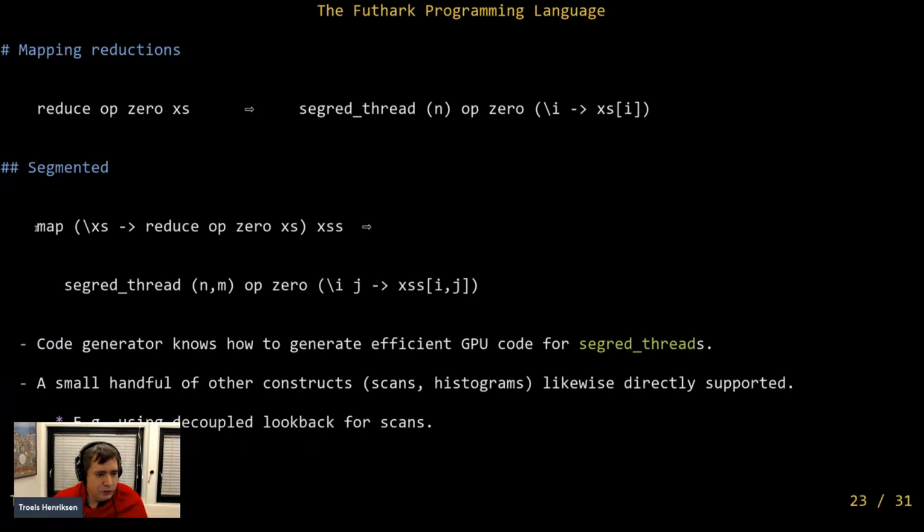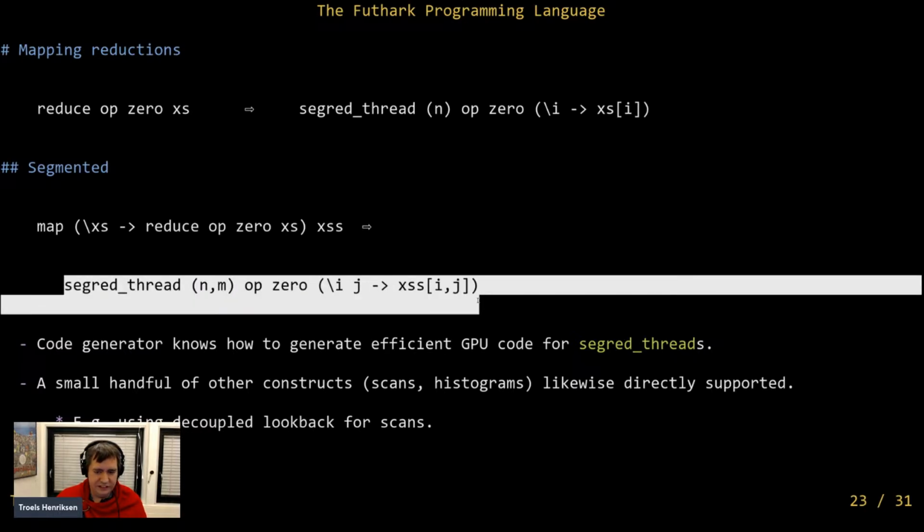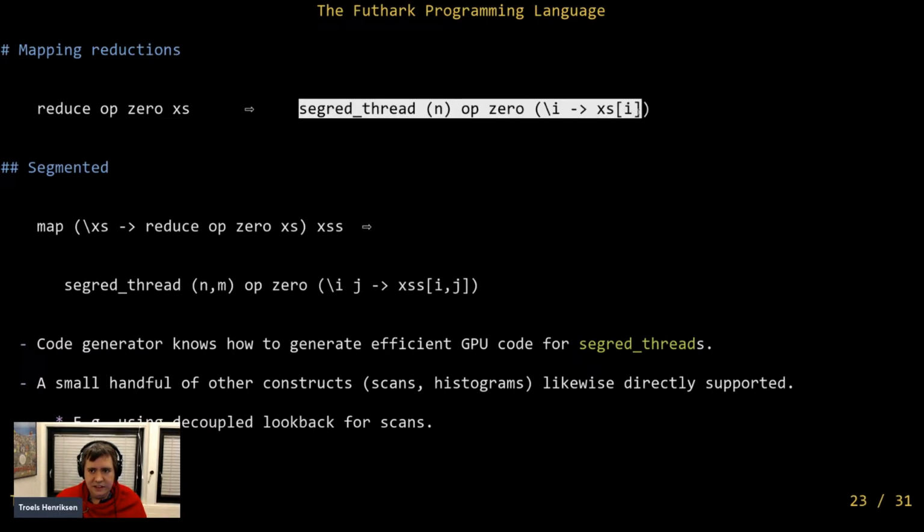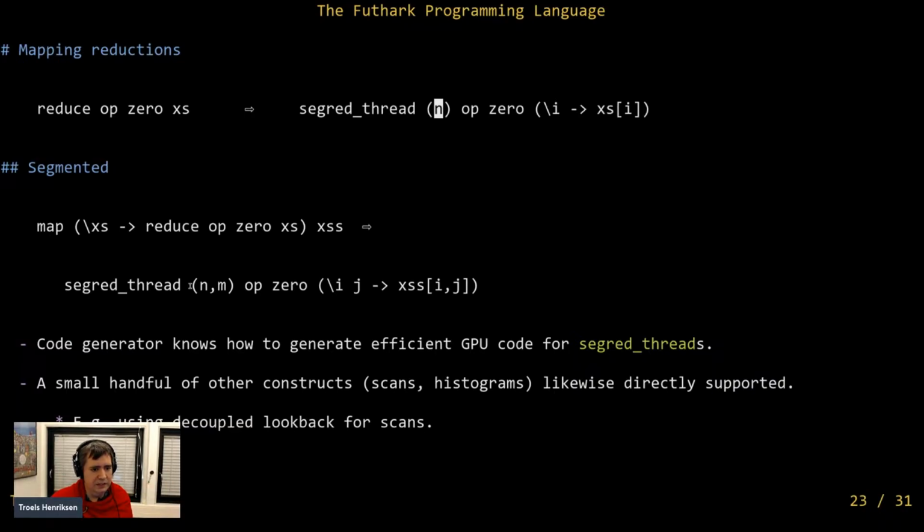But the important thing here is that we can also have segmented things. So you can also do a reduction on a multi-dimensional index space, which corresponds to having a map on top of the reduce, or really any number of maps, where again you have multiple elements and you just index some array based on that. Now, when you do this, you don't get a single element back. Like this one here, that's a reduction on a single dimensional index space. You will get back a single scalar as a result. Here you will get back a result per outer iteration. This is essentially what is also called a batched reduction.